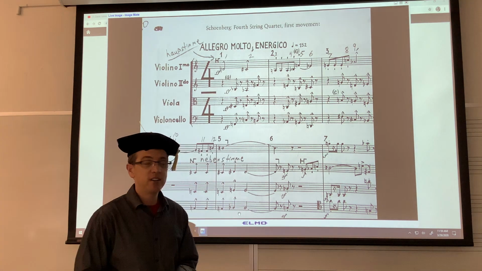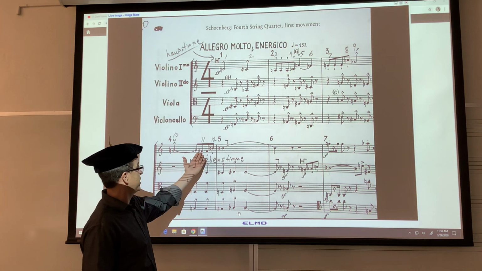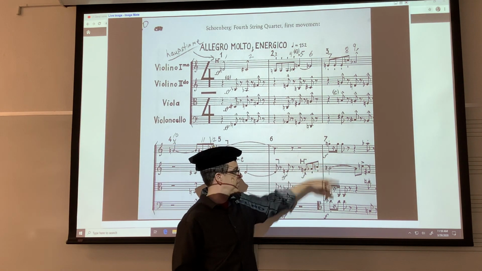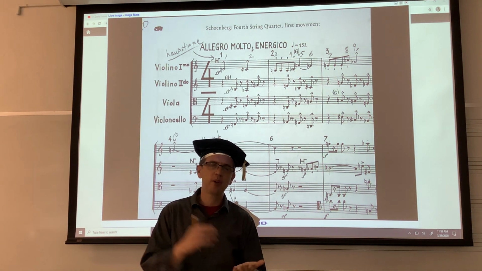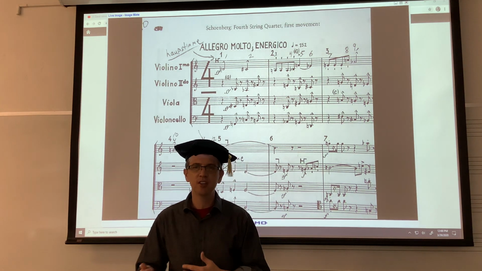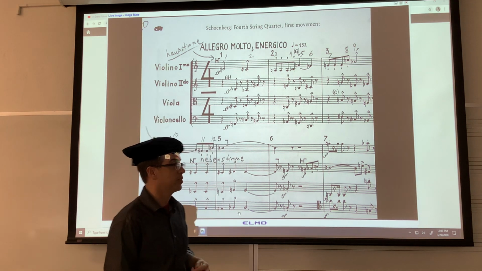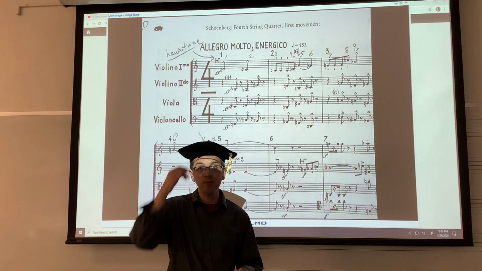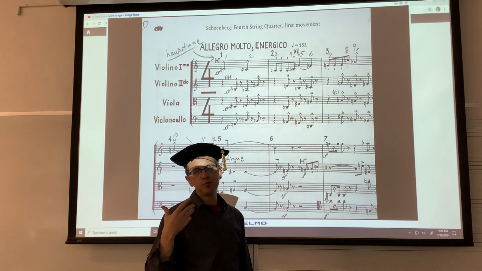If you listen to this and pay attention, the rhythms are pretty straightforward. We get a lot of quarter notes, eighth notes, some dotted rhythms, but nothing that's really strange. If we think back to when we were looking at Stravinsky or Bartók, they had all these changing meters and a lot more complexity in their use of rhythm. This rhythm is very, very classical sounding. It almost feels like Beethoven or something like that. So the rhythm is very traditional, the texture, the idea of phrases,